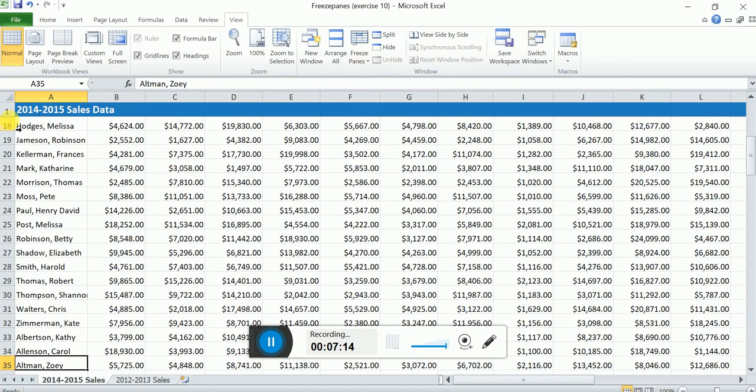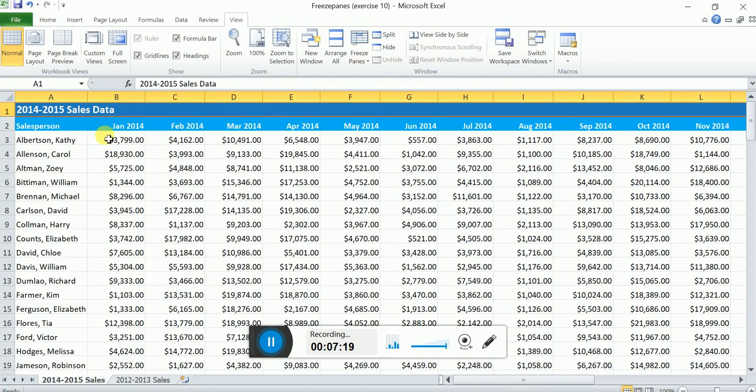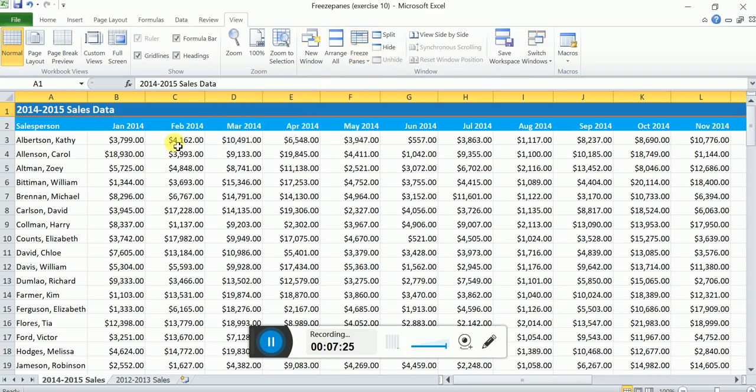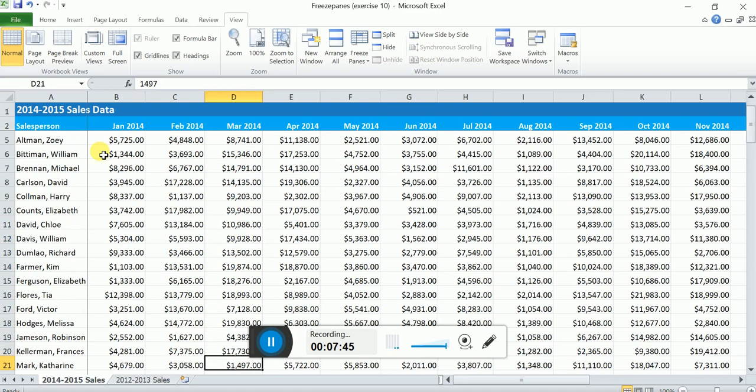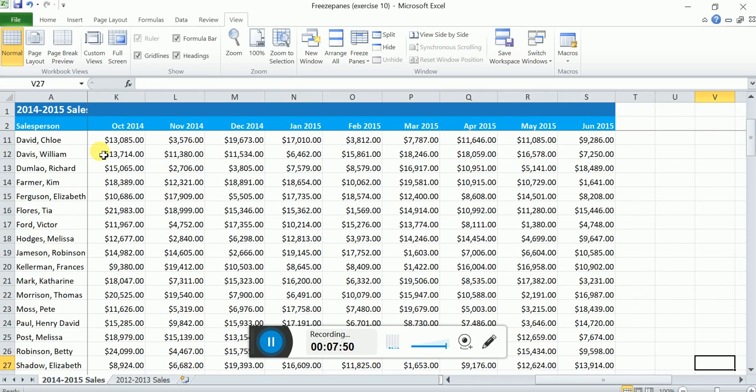But we want to freeze from the second row also, right? For that, first remove the freeze on the top row: unfreeze panes. Then click the cell which you want to freeze at, and then click Freeze Panes. You can see there is a small line in the first column, as well as a small black line in the second row. So now if you scroll, you can see that both have been frozen, and you can easily check the values. Thank you.